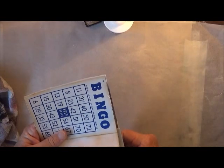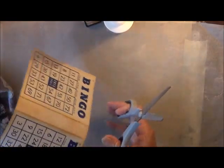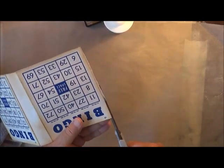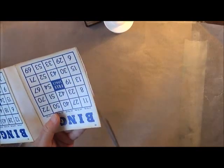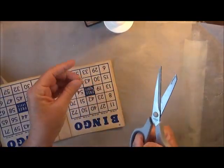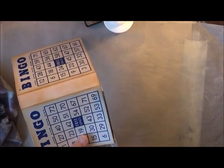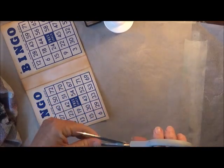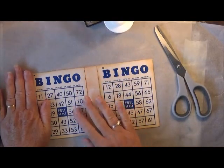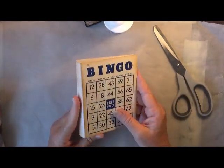There's that one. I'm just cutting off the excess StikA-Tex. Okay, so I think that looks pretty good. And that's just made your little junk journal cover